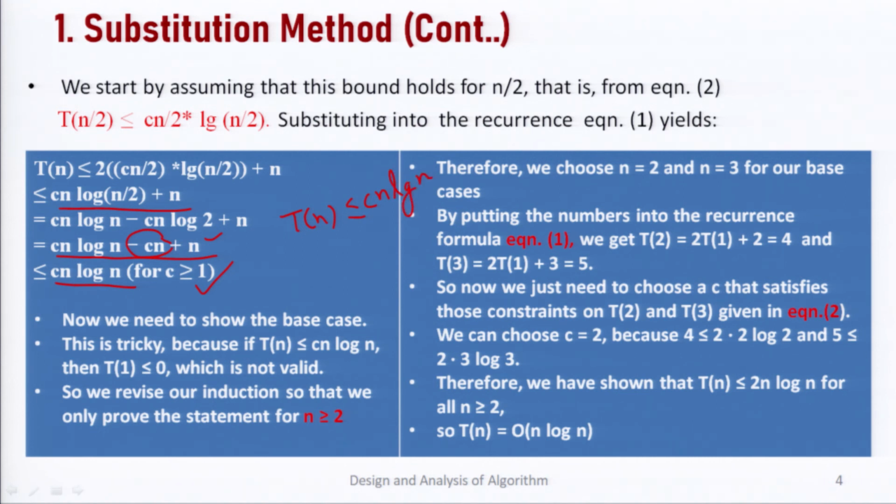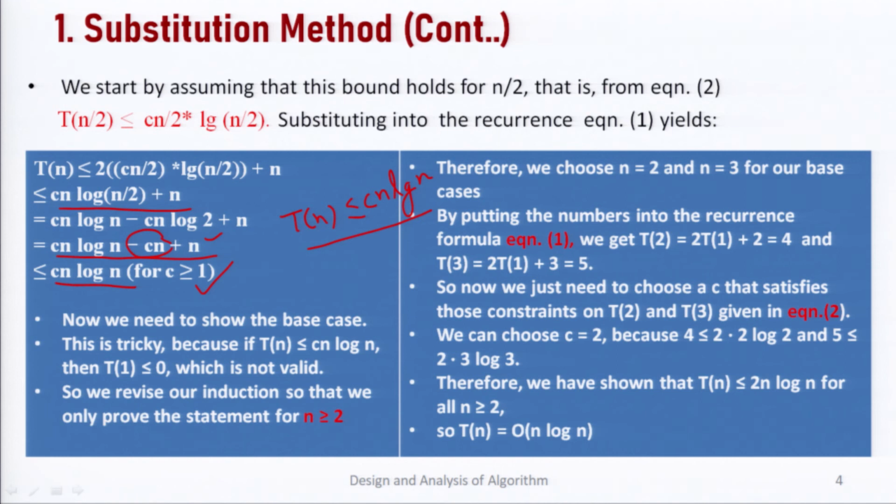So just see here, by taking the value of n equal to n by 2, we are assuming that this is correct, and we have used this expression, and we have derived this expression also. So by using this expression we have derived this expression. This is saying that this condition is also working for the value of n equal to n. So the first thing is actually we have proved now. Now the remaining part, that is the base case condition.